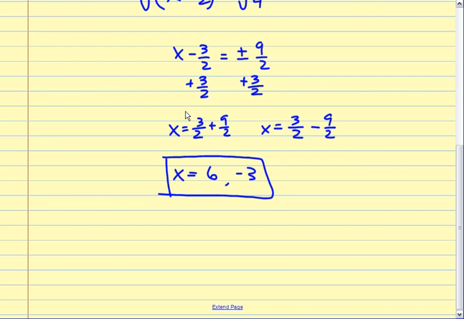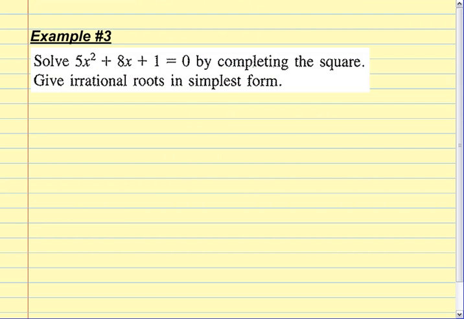Now it's a good way to learn completing the square. Let's look at another one. I'm sorry, I know I'm a little bit behind. So now we're on the third video, and we're on the third